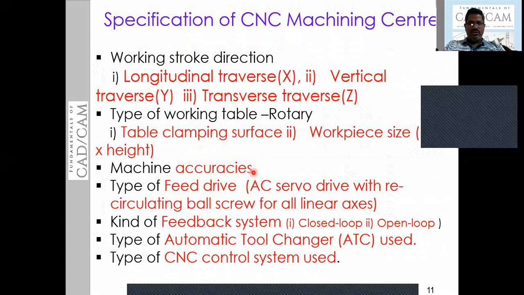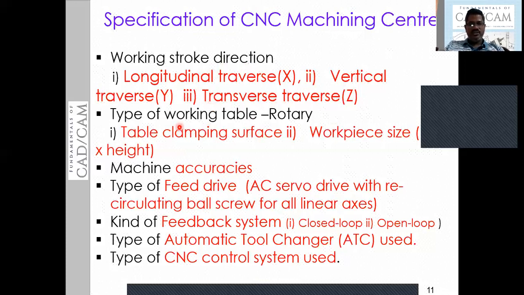And let me move forward to specify the CNC machining centers. When it comes to the specification, whether the tool is moving, whether the spindle is, there is the work stroke direction, in which direction we are doing work. Suppose it is a drilling machine, the spindle is located in the vertical plane. In that case, we are going to perform the work in the Y direction. If it is a turning machine, we are going to perform the work in the Z direction. Like that, we consider in which direction we are performing the work: X axis, Y axis, or Z axis. So that is the first specification.